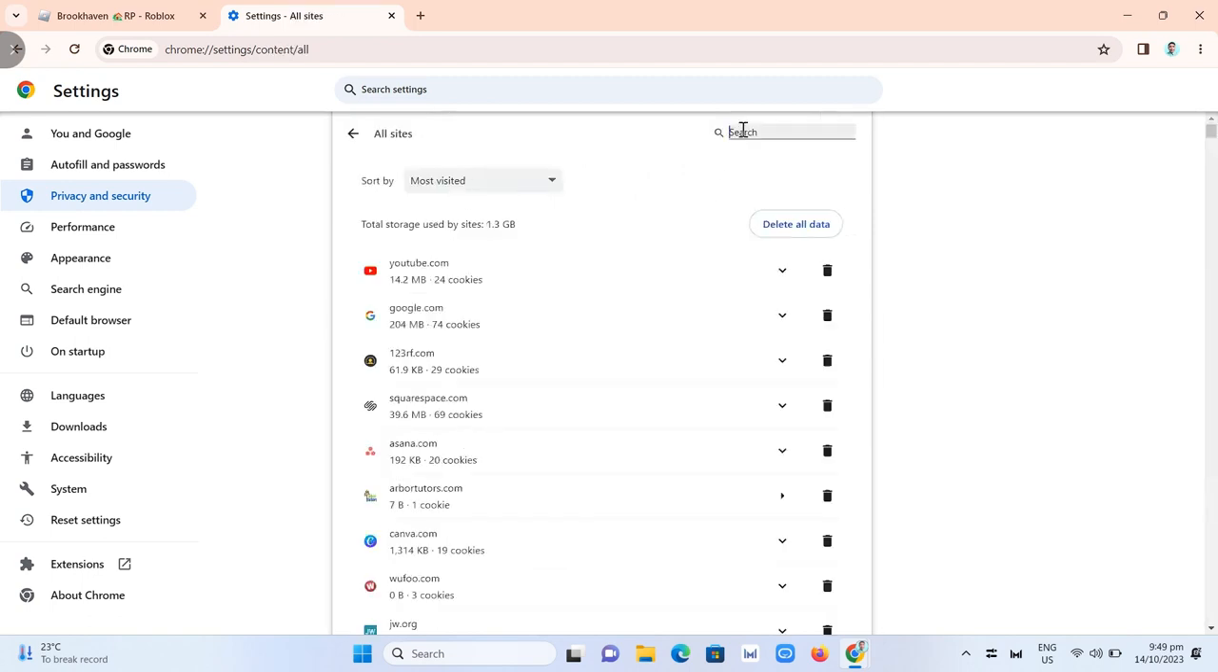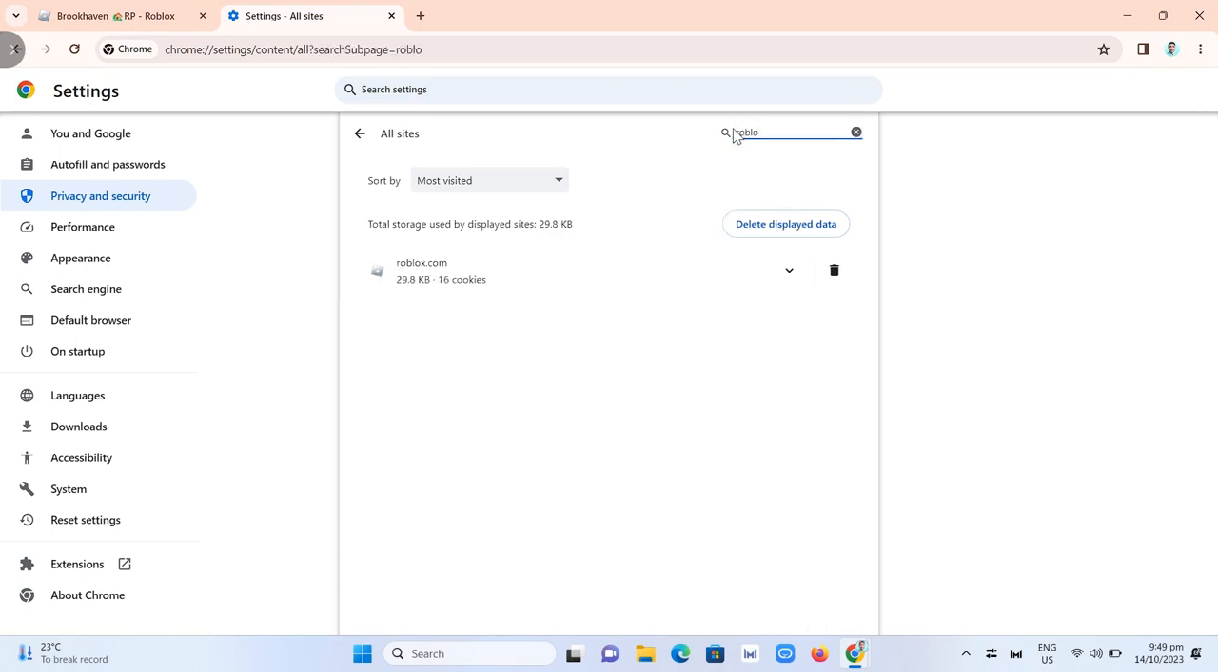From here, go to the search box at the top right, and you just need to search for Roblox. Once you search for this one, just click on this trash bin icon right here at the right side of this site. And once you delete and refresh this Roblox, the next step that you're going to do